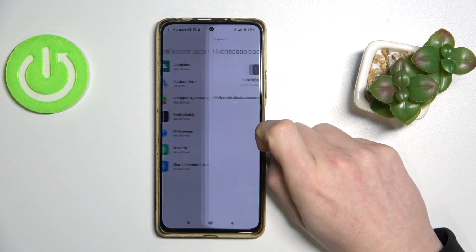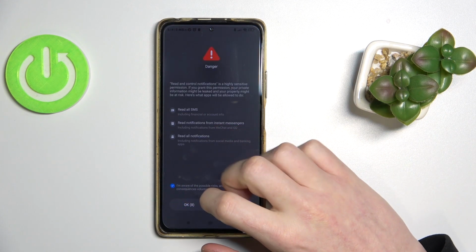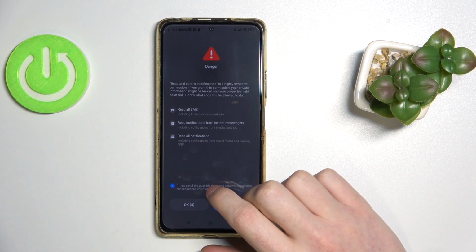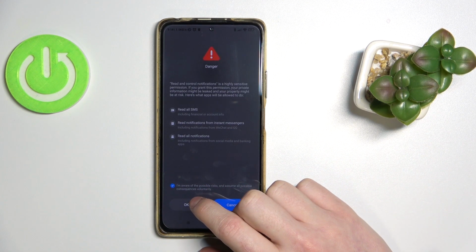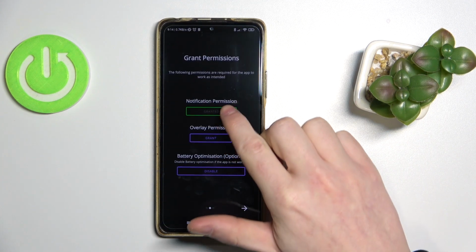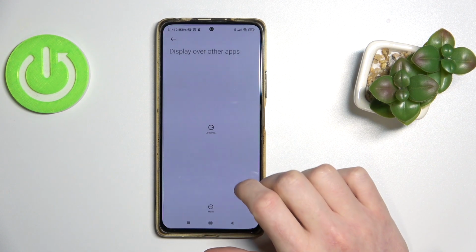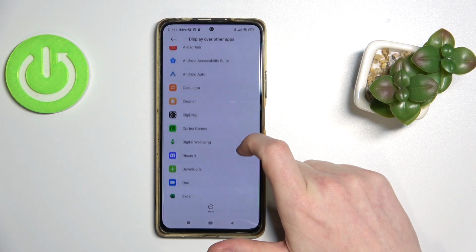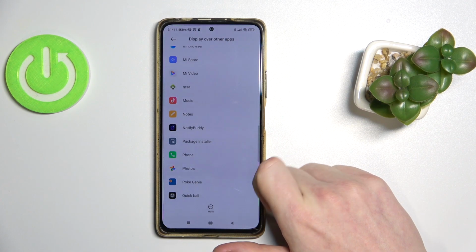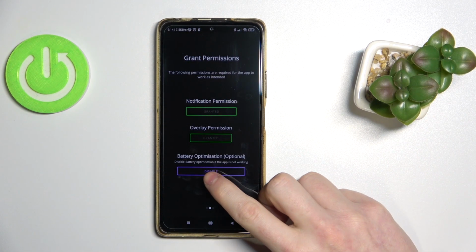and select Notifybuddy and just enable it like that. It will ask me that I'm in danger, but there shouldn't be any problem with this app, so it's fine to say okay. Now we're gonna go back and you see it lights up in green. Now we're gonna go to another one, grant. And here you might have a lot of applications, so we'll need to find the Notifybuddy. It's right here for me. I'm gonna enable that. And now battery